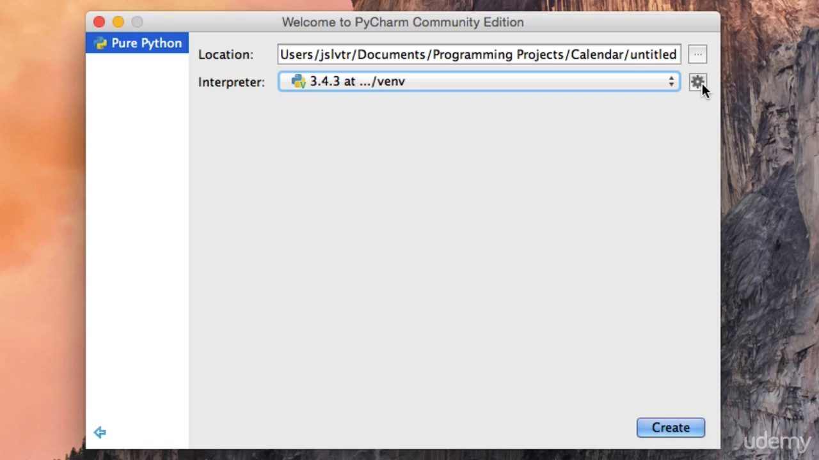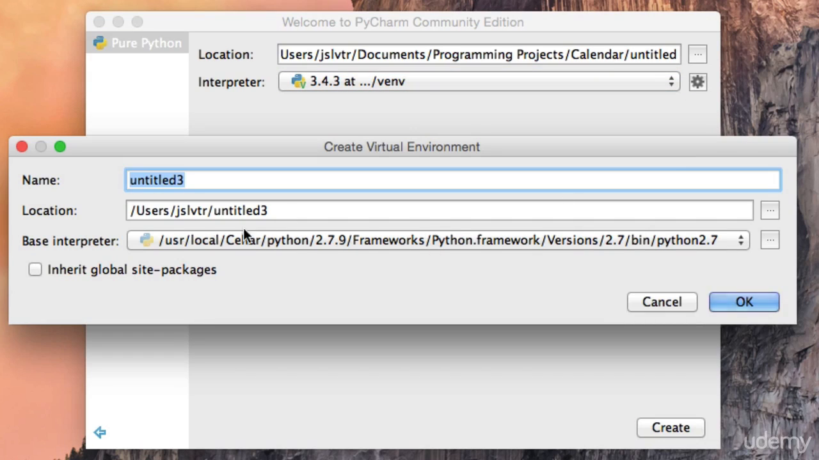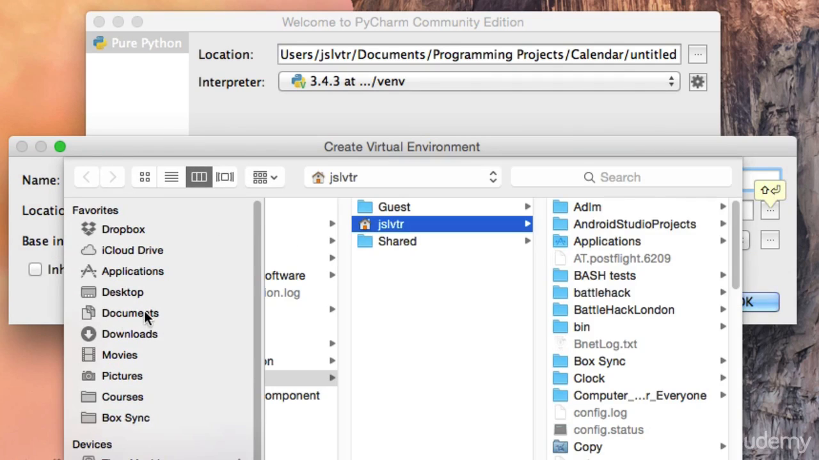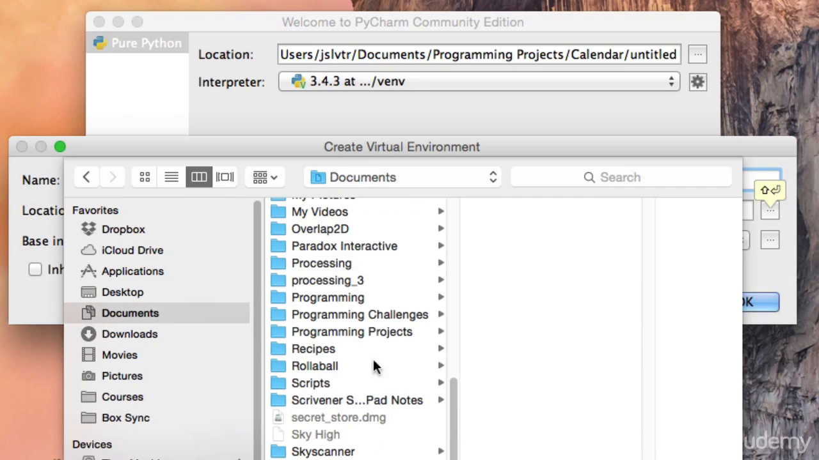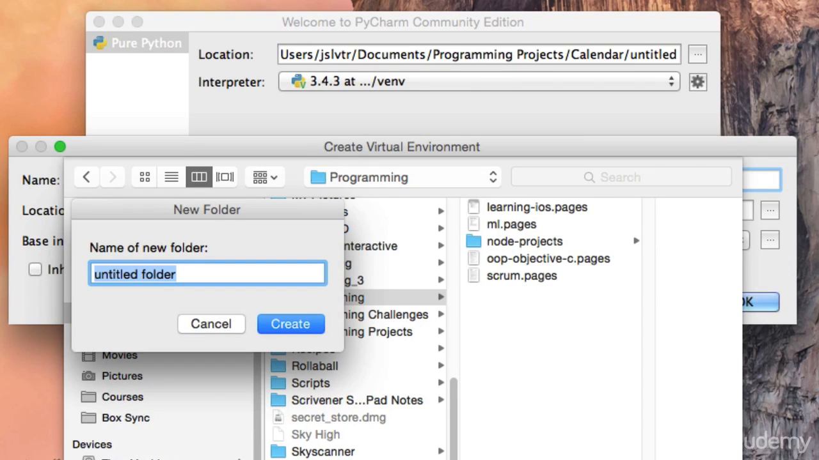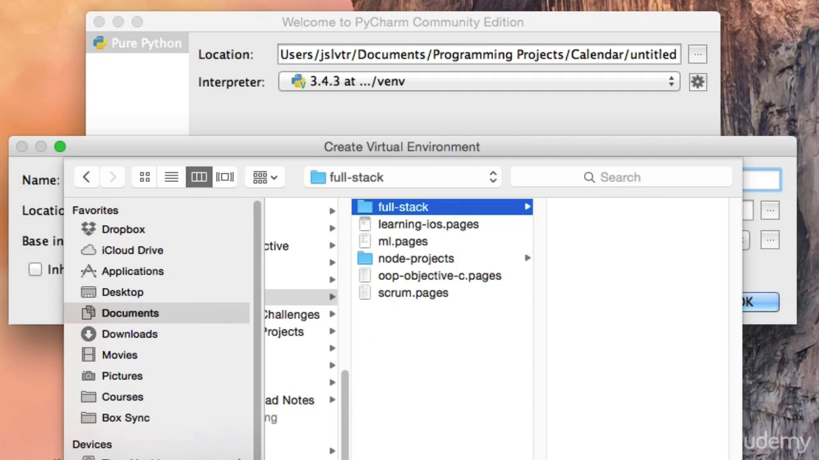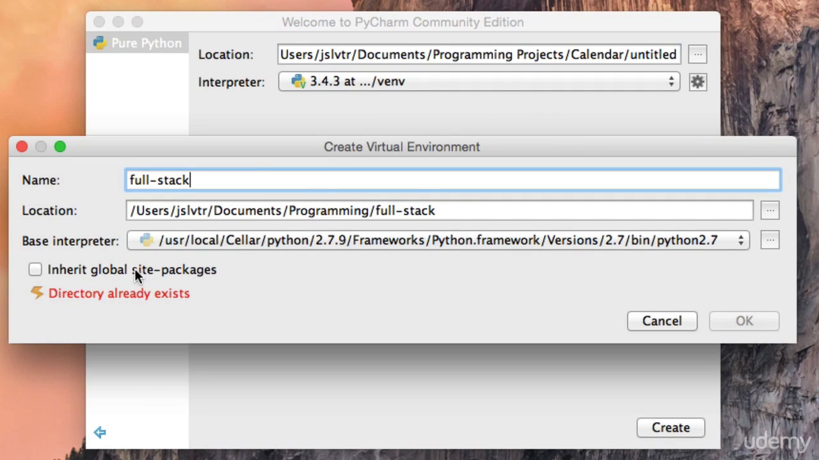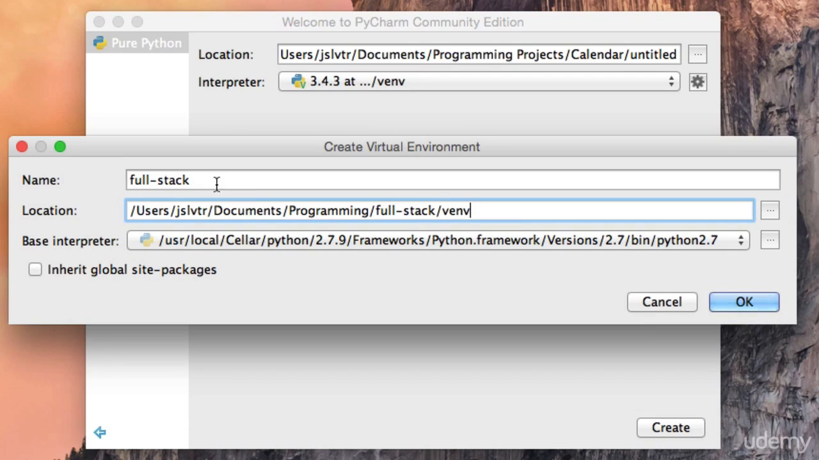And if we are to create our first application here, simply click on the small cog and then create virtual env. And then we can decide where we want to put it. In my case, I'm going to go to my documents and then click on programming here. And then I'm going to click on full stack for the course, and I'm going to choose that, and then it says that it already exists, so we'll put it in venv. So I'm going to create a virtual environment called venv that is in this directory here,